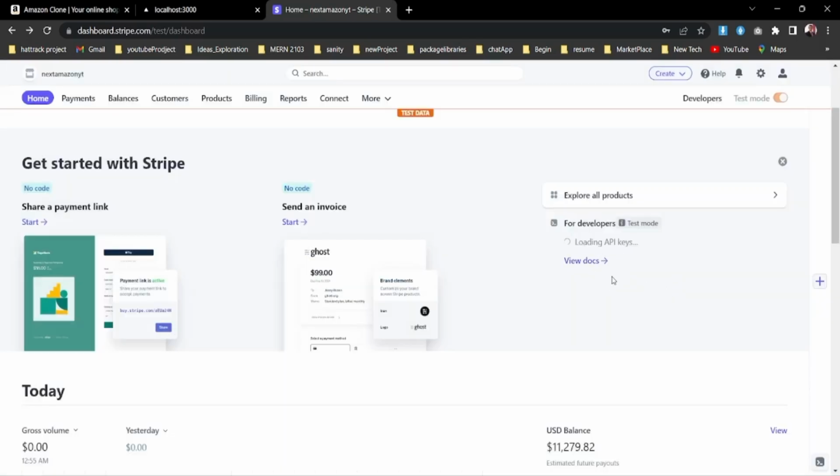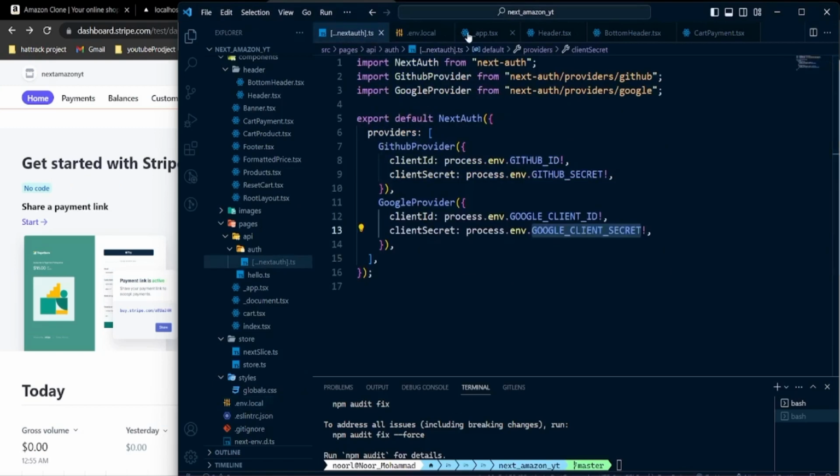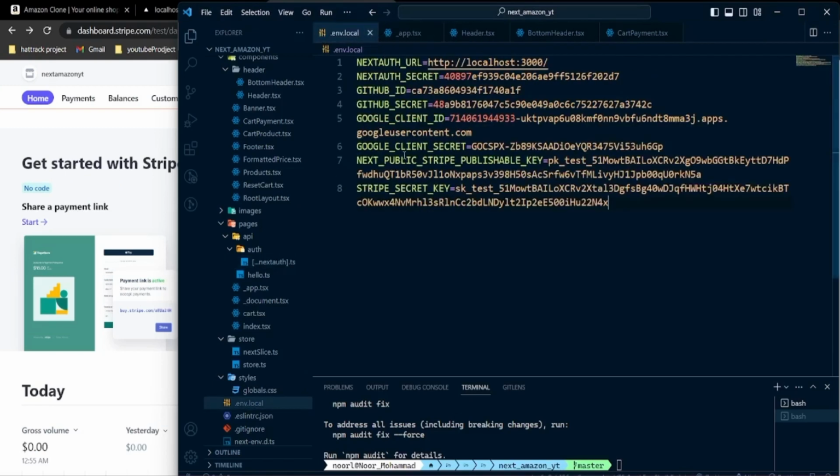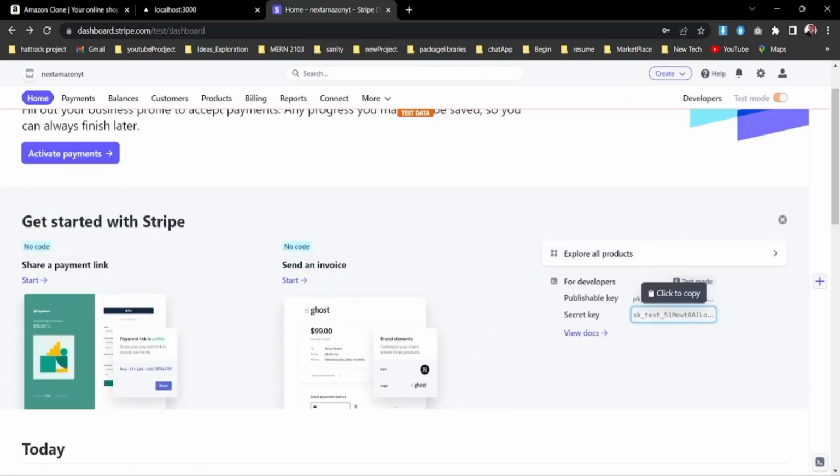Okay, let it load. And now I can reveal the key. Let's copy it and paste it here. So now I have the public key and I have the secret key. After having that, to implement this, we need to import that